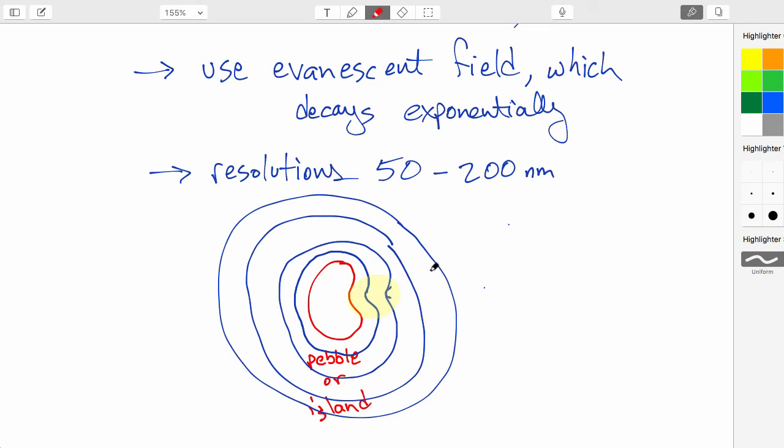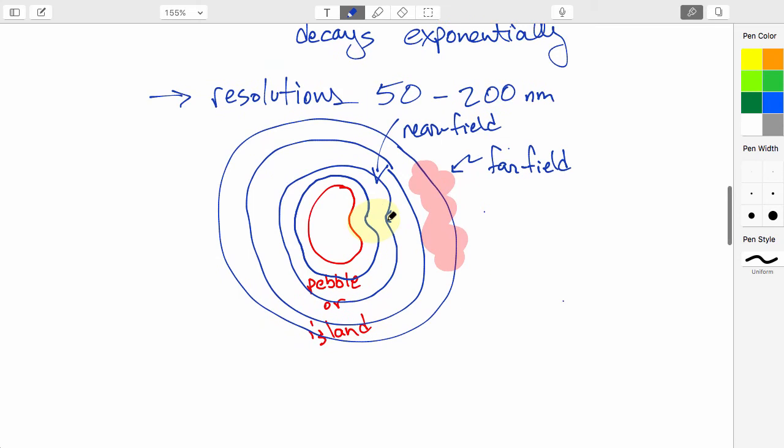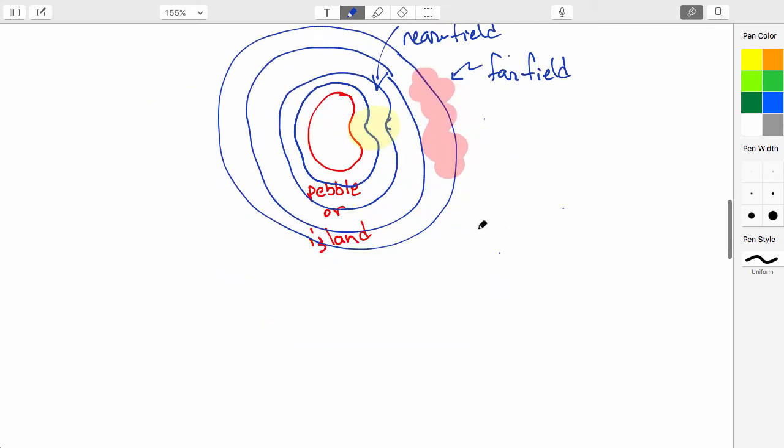However, for waves that are farther away, that would get averaged out, and the feature of the island could not be seen by these waves. And then, of course, the lesson is that this would be the far-field wave, and this would be normal conventional imaging, whereas over here this would be near field. All right, so that's the basic principle. We need to get a detector or a source very close to the surface. And the typical setup